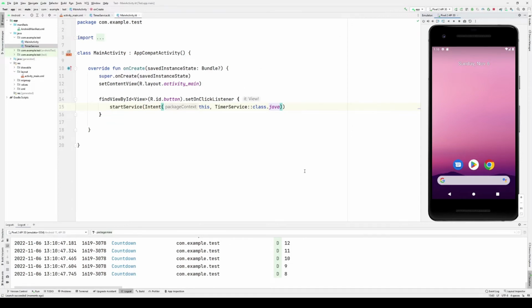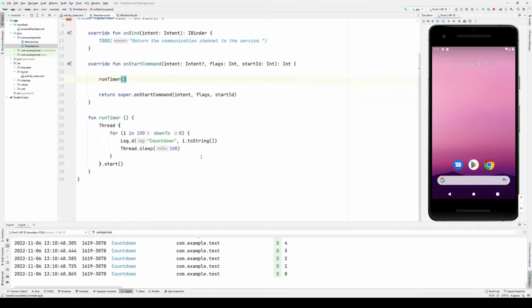Now, what's interesting to note here is that even at this point where the timer has run to completion, and arguably my service has performed its task, my service is actually still in memory. Nothing has actually unloaded it, because whenever a service is started, it must be explicitly stopped.